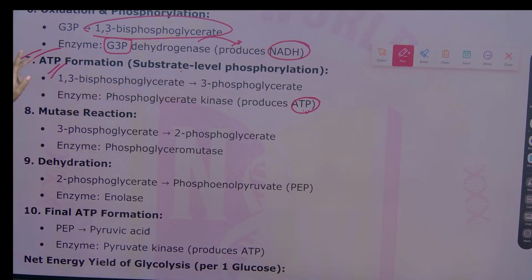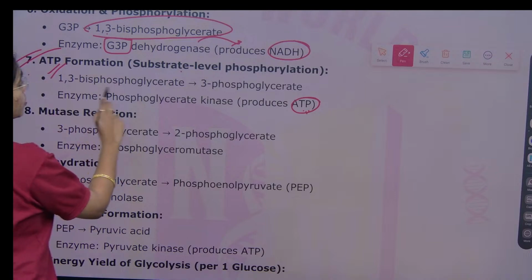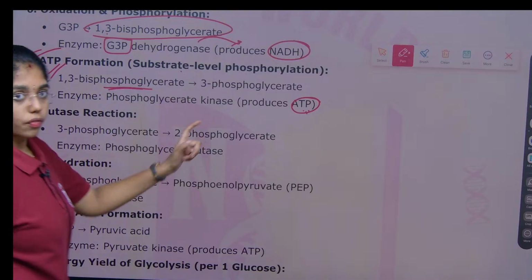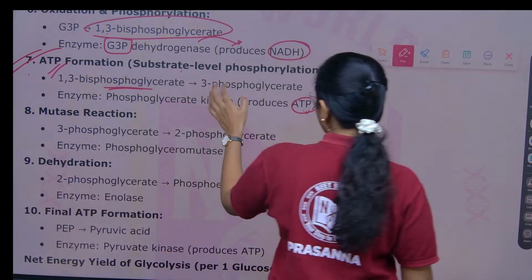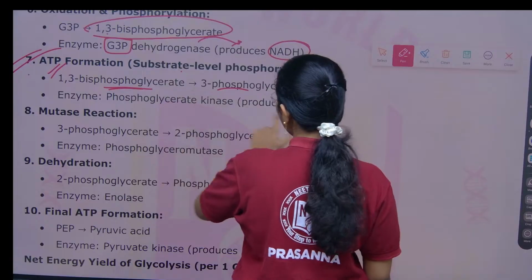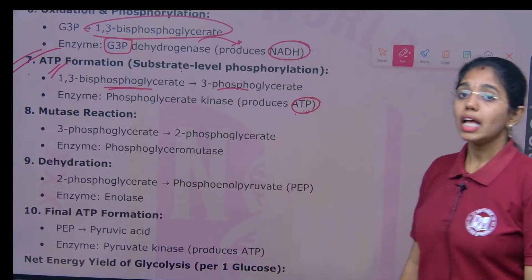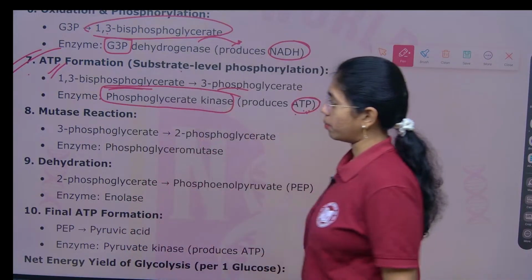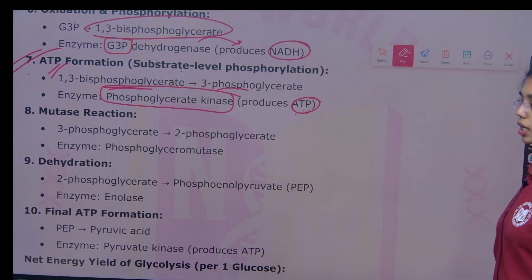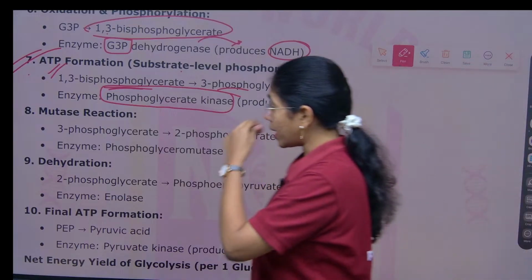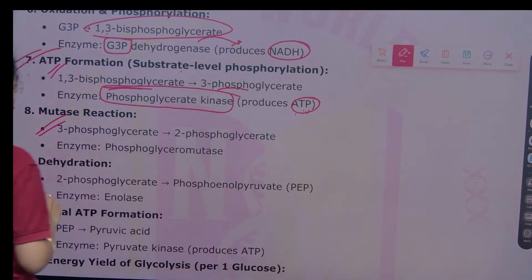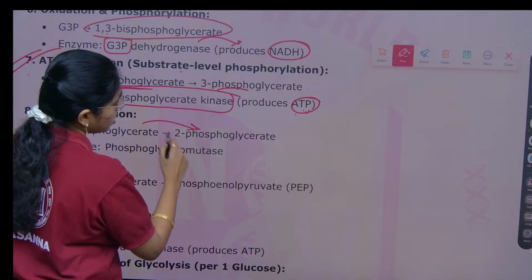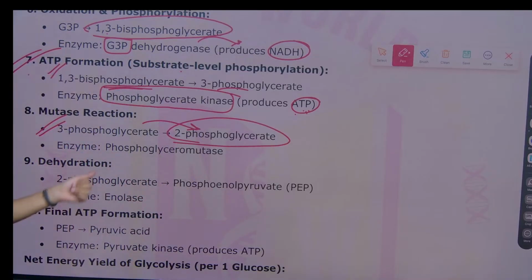Which step is this? The 7th step is for substrate level phosphorylation, where 1,3-bisphosphoglycerate is turned to 3-phosphoglycerate and ATP is produced here. The enzyme is phosphoglycerate kinase. And next is the mutase reaction. Here 3-phosphoglycerate is converted to what? 2-phosphoglycerate. This is by the enzyme